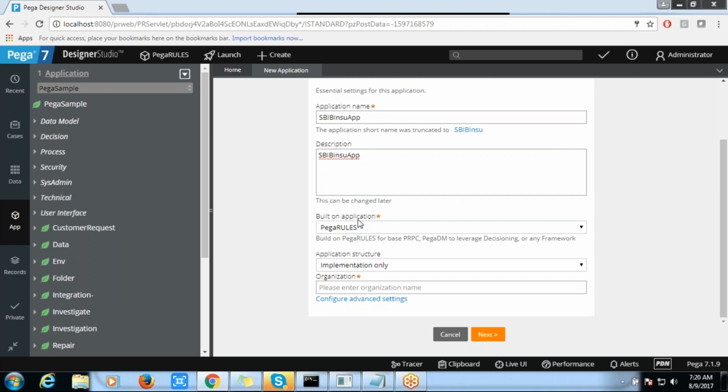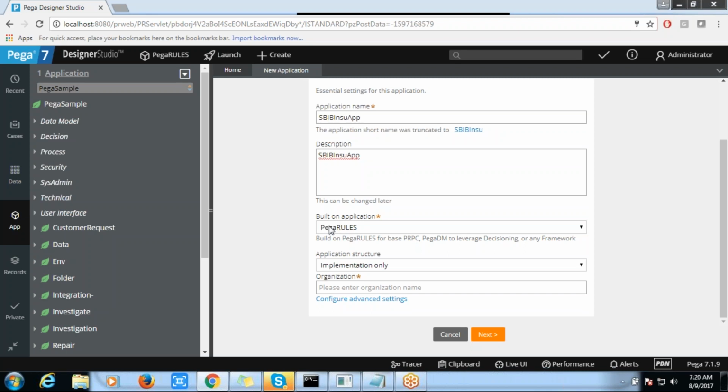By default, whenever you are creating an application on the Pega Personal Edition, you have only one framework, that is PRPC. We are going to create the application on top of Pega. That means whatever resources are available within this, you are going to use.